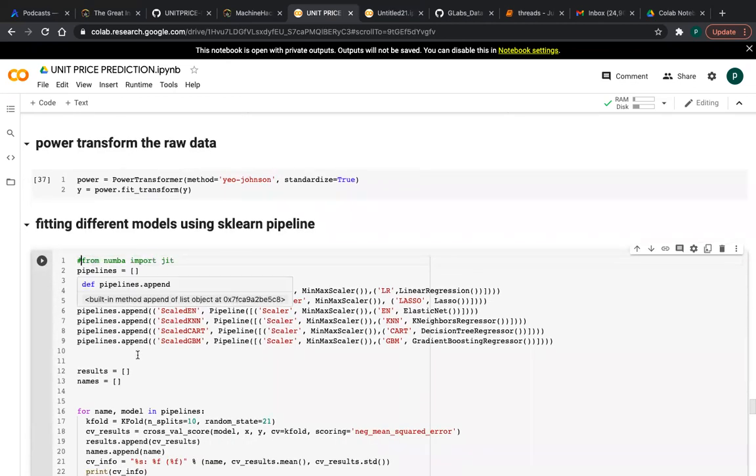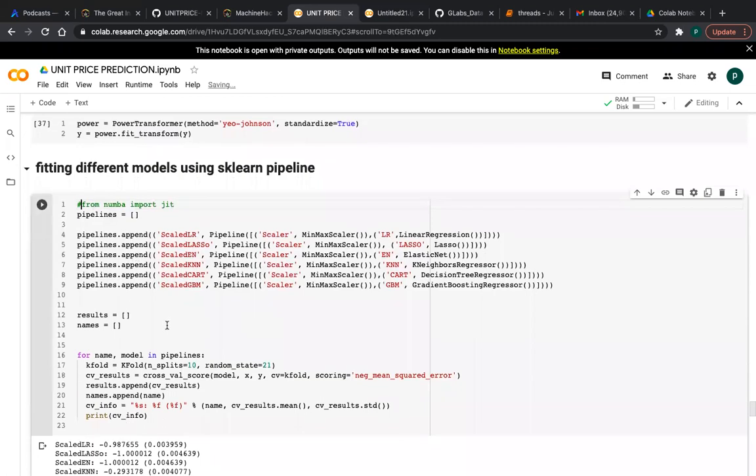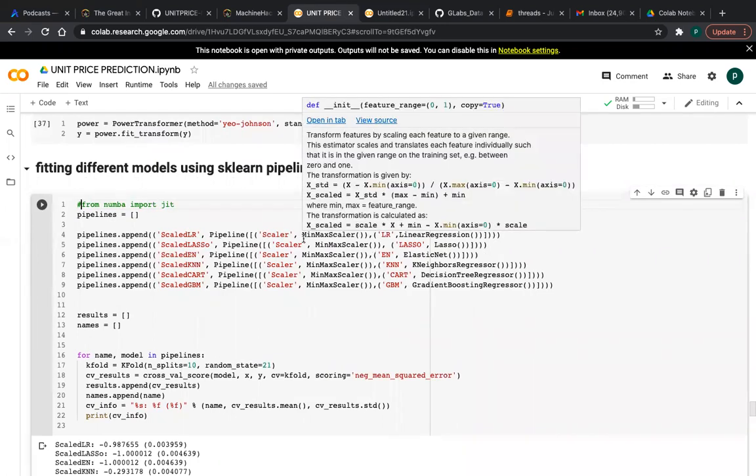For this I am using a pipeline because we have to fit different models, and also a min-max scaling technique. This is the syntax for the pipeline. For trial and error, I am giving some scaling, and if you change the scaling, you have to know whether the model's predictions are good or not.